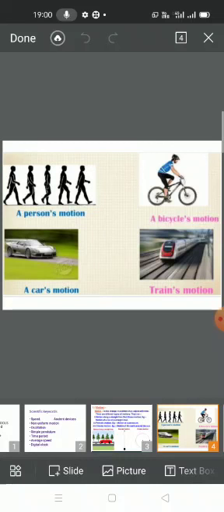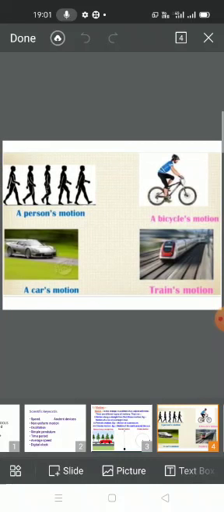If we compare these two motions, we can see that the person is moving slow as compared to the car. Why are we telling them slow? Because they take a lot of time to cover the distance. If we compare the distance covered by them, the time taken by the person is larger than the time taken by the car to complete a specific distance. So we can compare their motions by comparing the distance they have covered in a particular time.